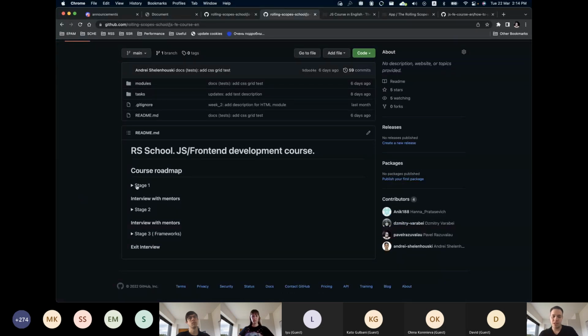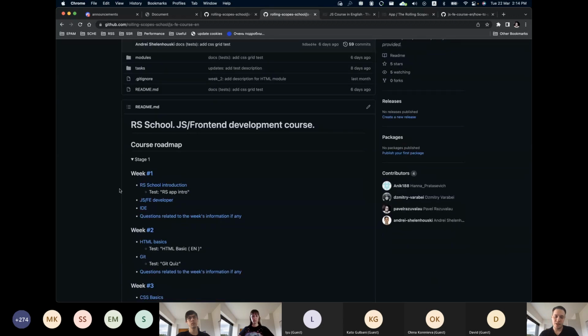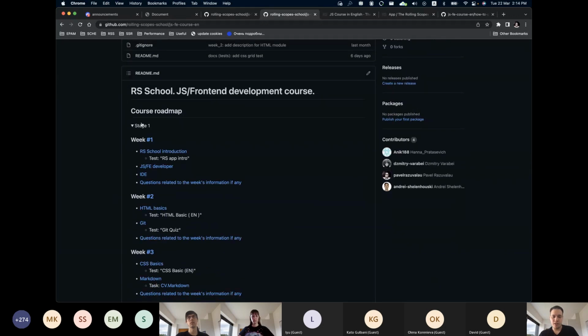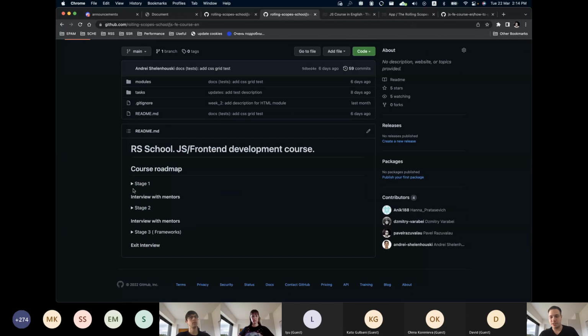So our journey begins with stage 1. Once you've completed stage 1, you'll be required to pass the technical interview with the mentor. In case you successfully pass the interview, a mentor will be assigned to you.